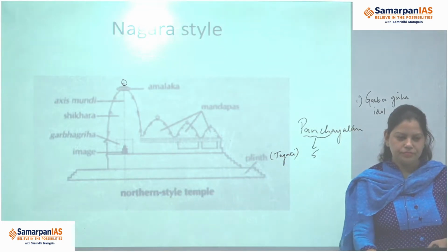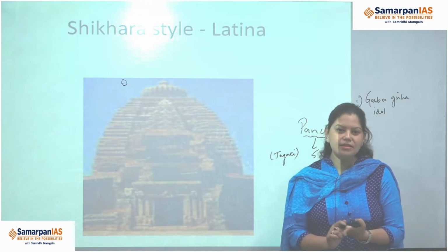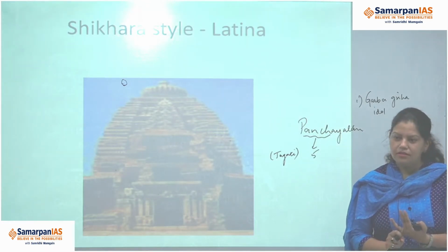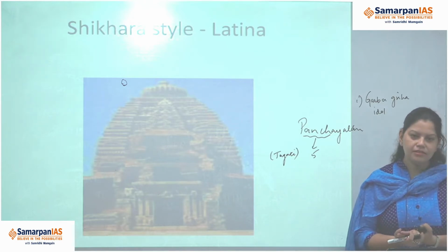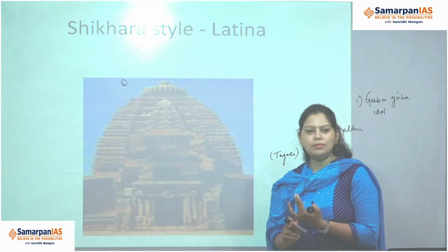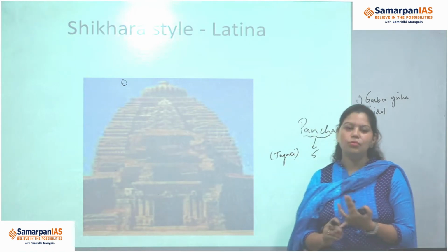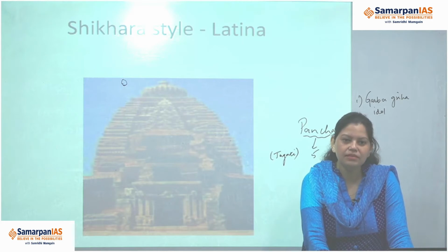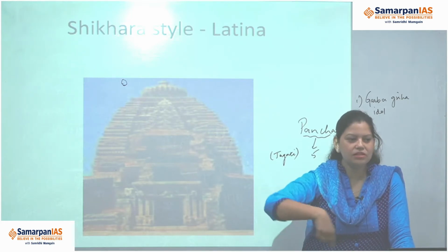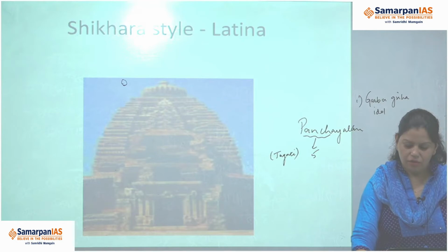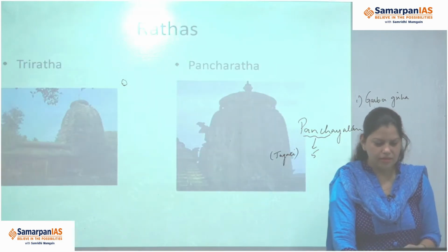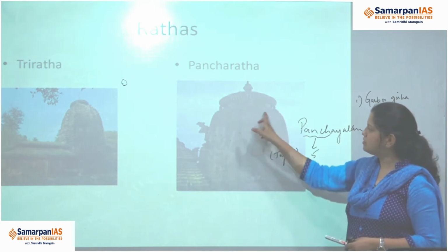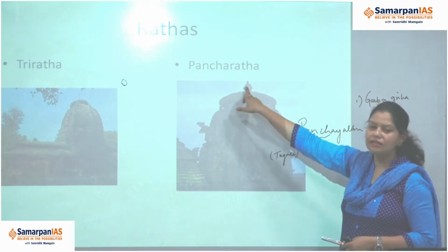So what we wrote in the last class, in features: the Panchayatan style of temple making was there. Then images of river goddesses. Then the third feature, no grand boundary was there, and a water tank. Another feature of Nagar style is that the Pradakshina Path, the passage for circumambulation, was covered. Now you can see this is the Shikhar, this is Amlak and Kalash.